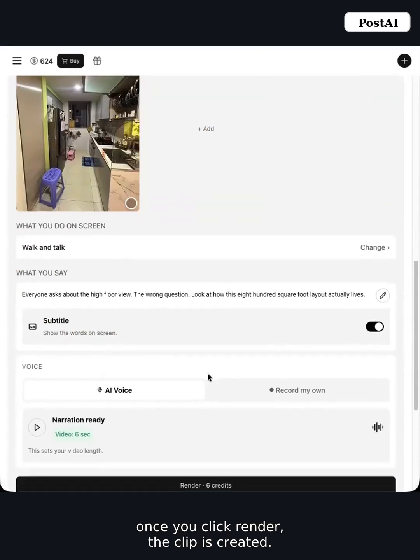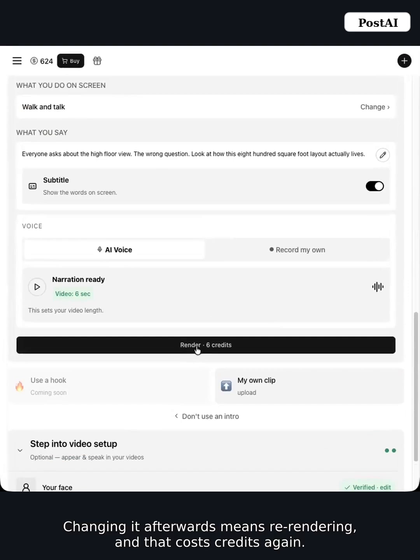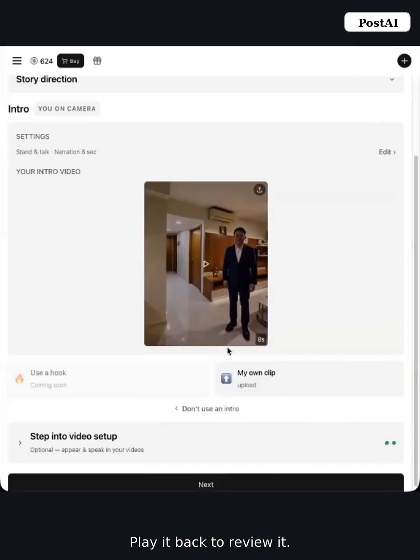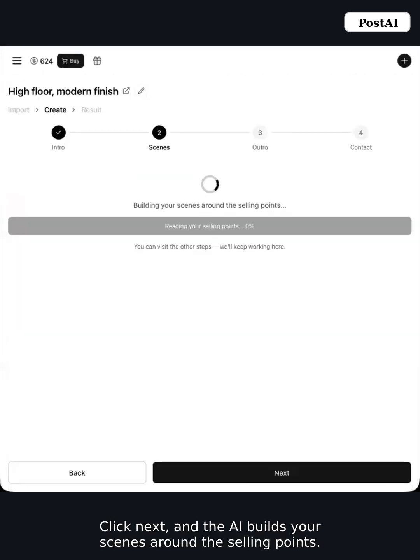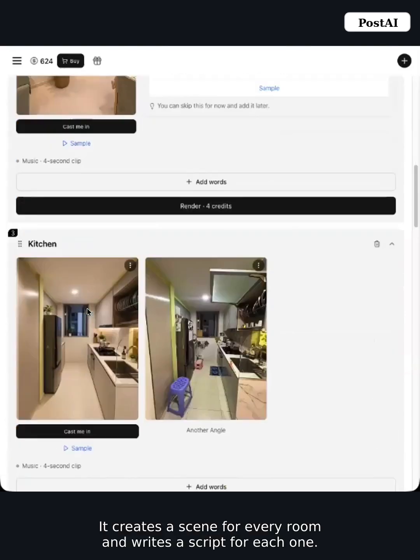But keep this in mind. Once you click render, the clip is created. Changing it afterwards means re-rendering, and that costs credits again. And there's the intro. Play it back to review it, click next, and the AI builds your scenes around the